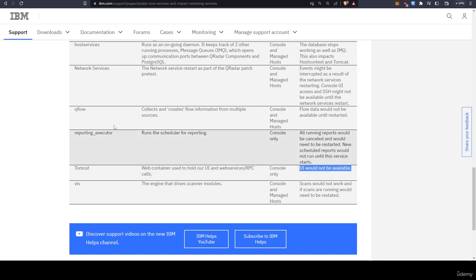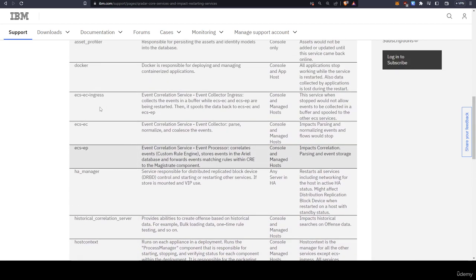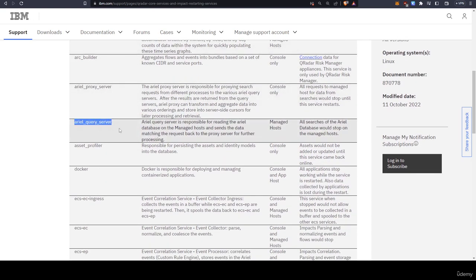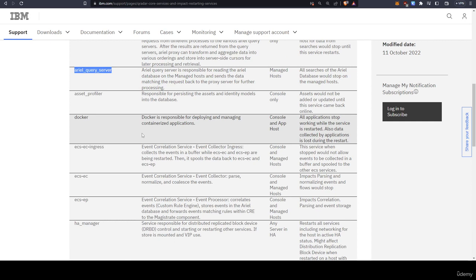It's not expected, of course, to remember everything by heart. Although if you do work a long time with QRadar, you will remember everything here, because you work with those services almost on a daily basis in your administration and troubleshooting efforts. But for this current part of the course, this amount of knowledge is going to be enough until we dive more deeply into the console side of the QRadar deployment.